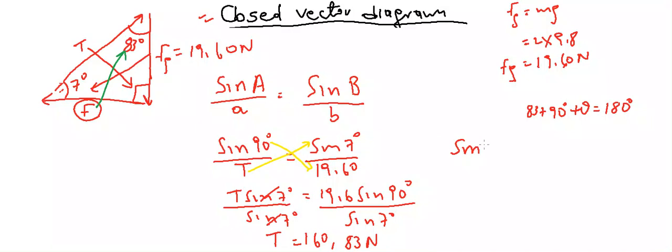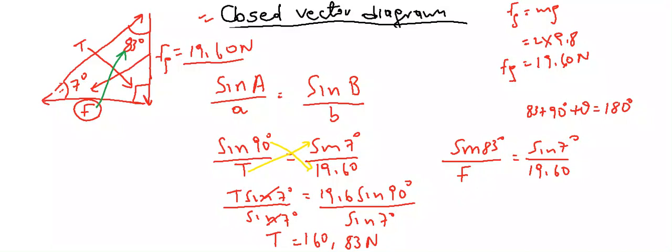So sine of angle 83 degrees divided by the force we want, because it is opposite to 83. Then if we want to use FG that we were given, we'll say FG is opposite to 7, sine of angle 7 divided by FG, which is